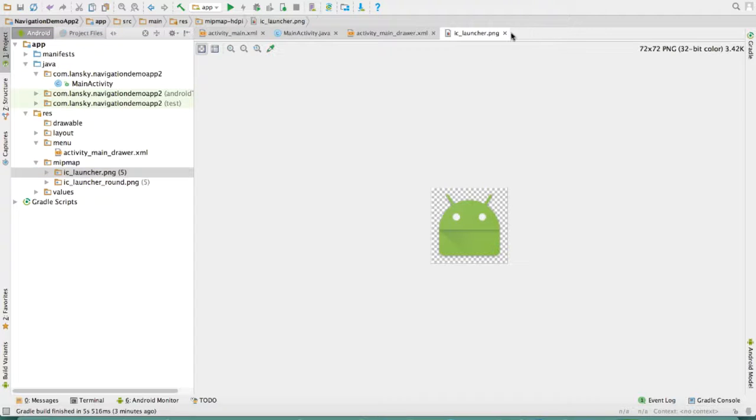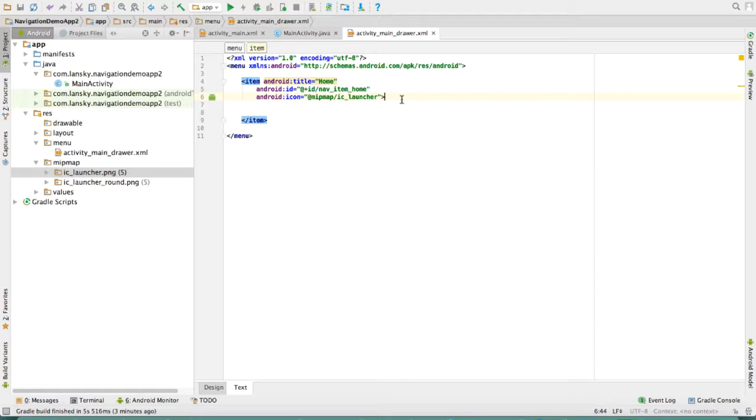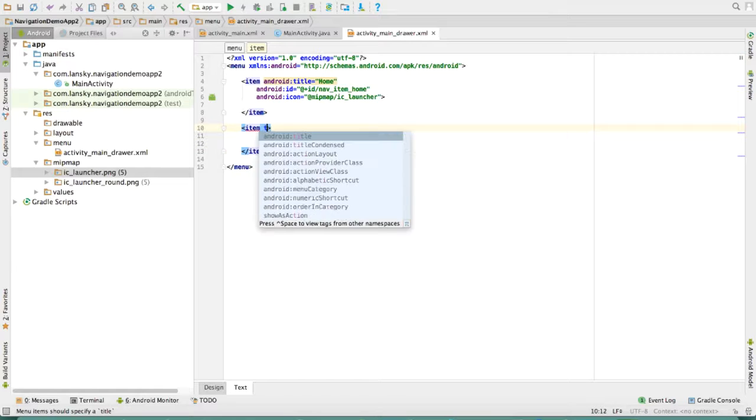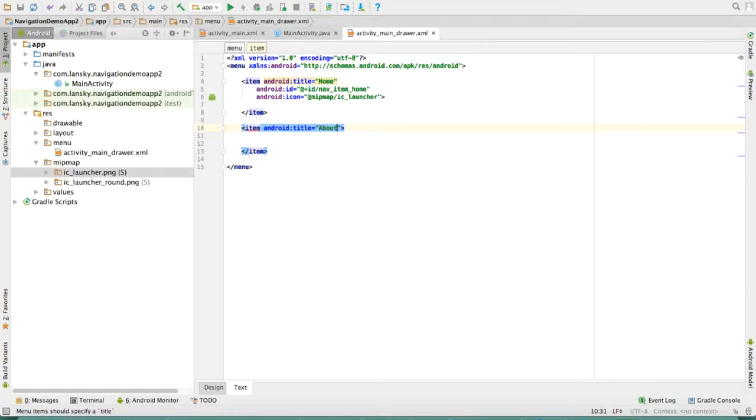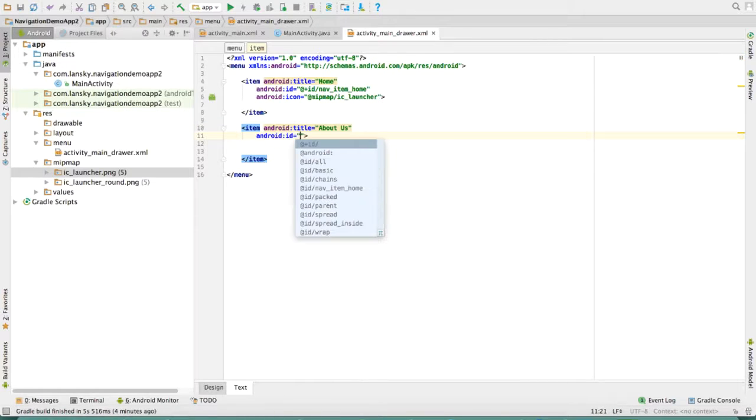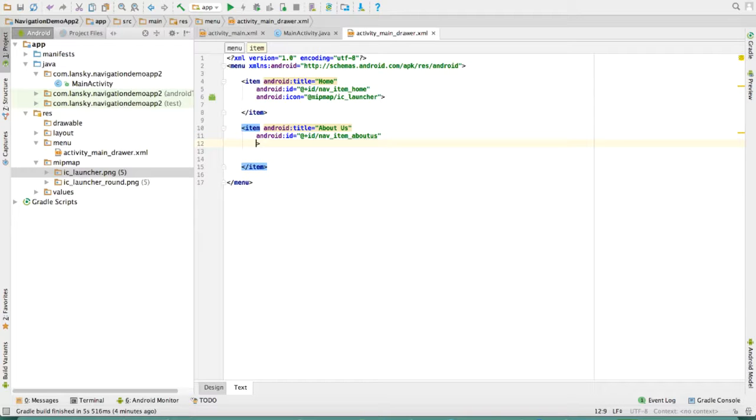So going back, we could add another one. For example, we have two items. So title, and let's just use about us, and then ID, nav item about us. So the ID is important because when you create the on-click listener for this navigation items,